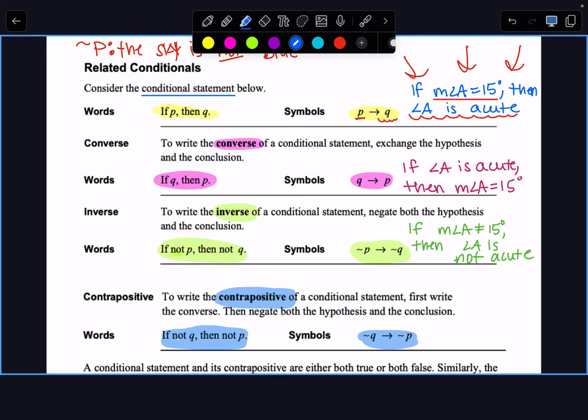We're switching the order and we're negating them. So not or no. In this case, that would look like, I'm going to switch the order and